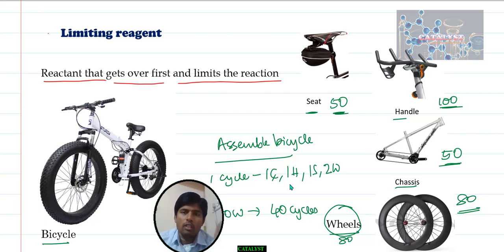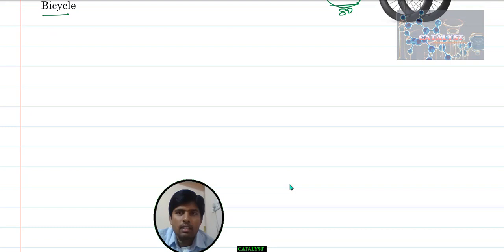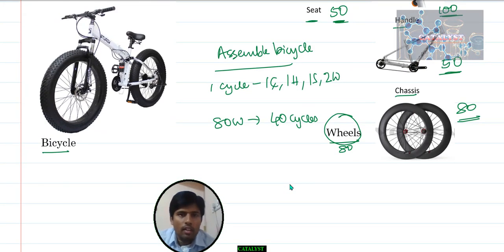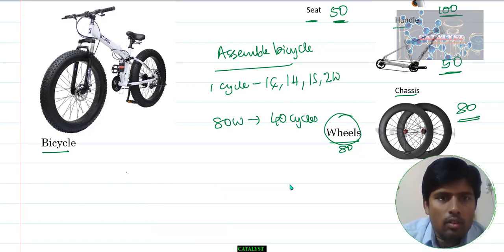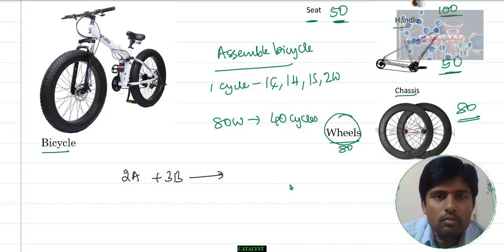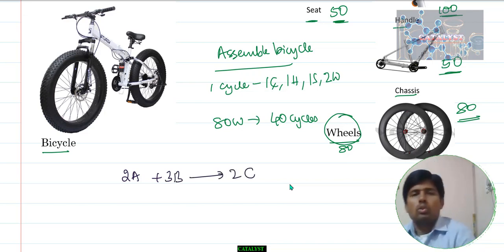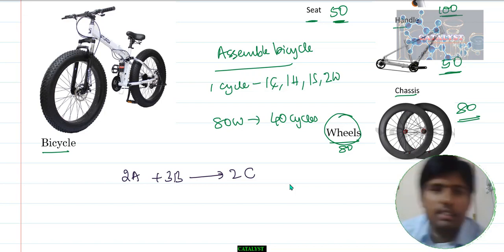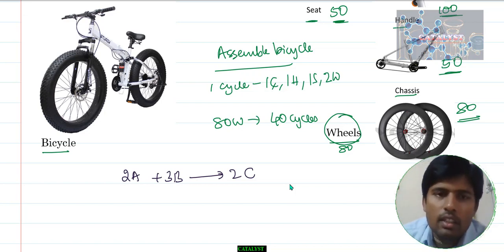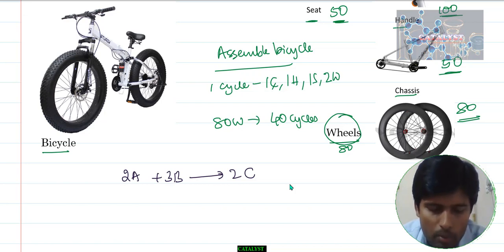So I just took the example of a general reaction A, B and C. A more detailed version we will see now. Suppose we have 2A plus 3B giving rise to 2C. So A, B, C are hypothetical reactants and products, and this is a reaction. So considering the stoichiometric coefficients, it's very clear the stoichiometric coefficient is 2 here, 3 here and